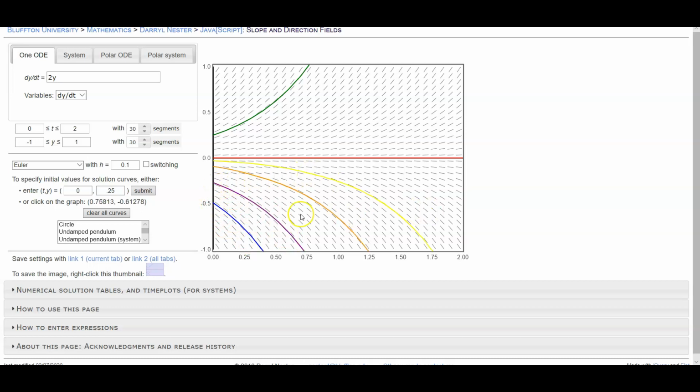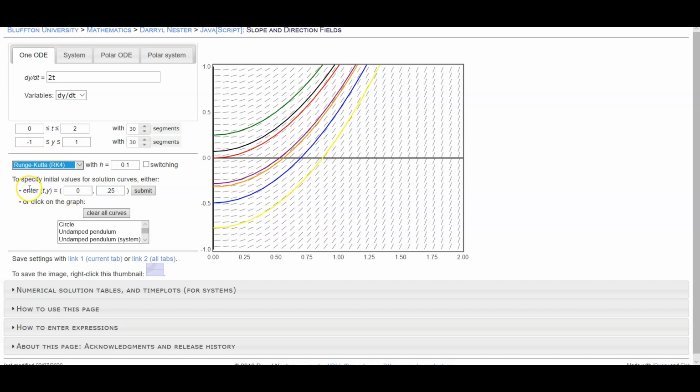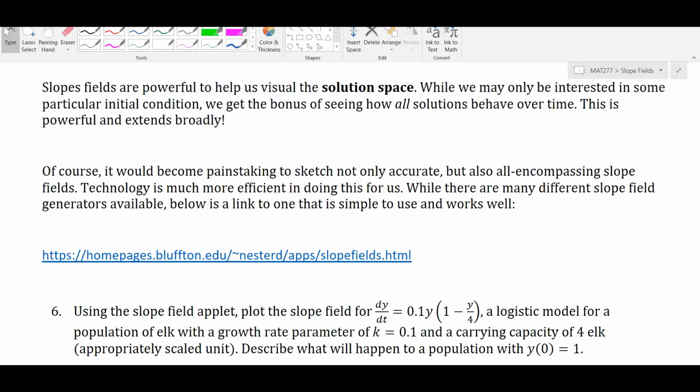So you can see how these curves appear to just be horizontal shifts of one another. If I change this to 2t, it uses those same initial conditions, but with 2t we saw that those are just vertical shifts of one another. If you want to make this more precise, you can change this to Runge Kutta 4, RK4. It's just a more precise technique, and the curves look much more smooth with that. Let's go ahead and take a look at